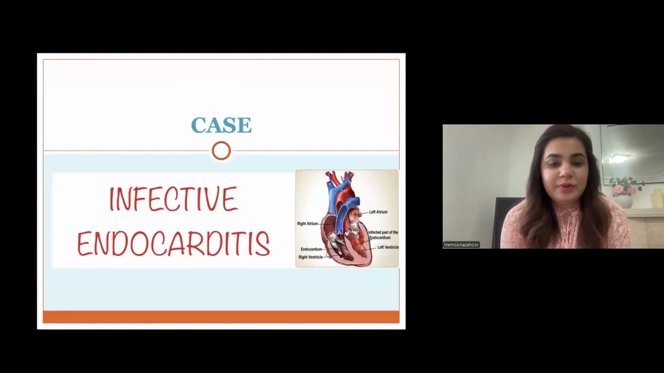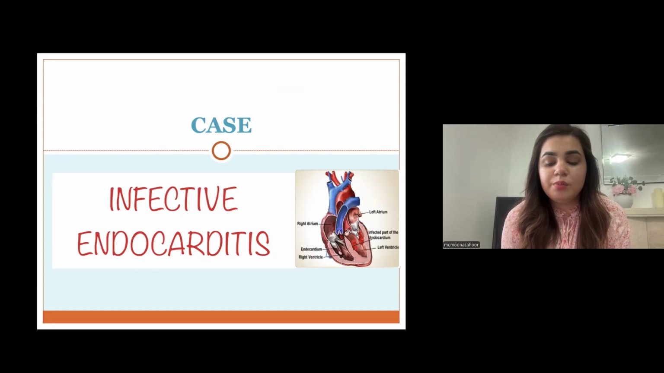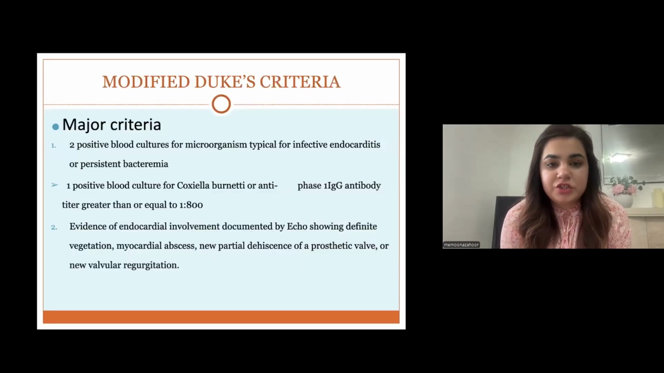So the case we have been discussing is obviously infective endocarditis, but let's discuss how unusual the findings were in this case and how prompt treatment of this case saved the life of this patient. So usually we diagnose infective endocarditis on the major criteria of the modified Duke criteria. So we have major criteria in which we get 2 positive blood cultures with typical organisms or persistent